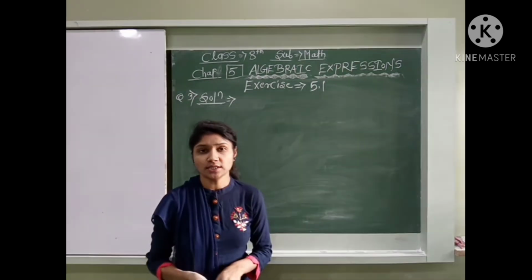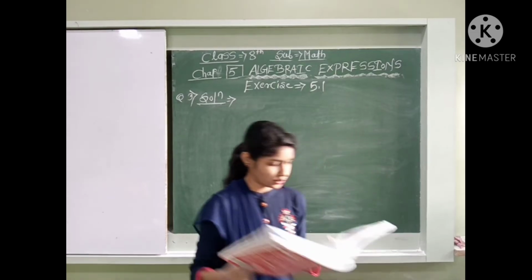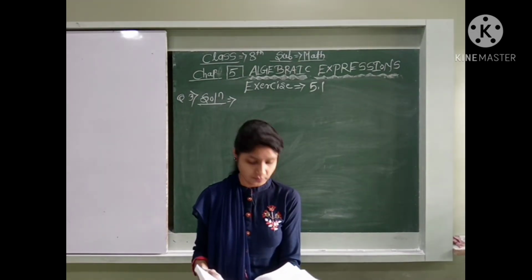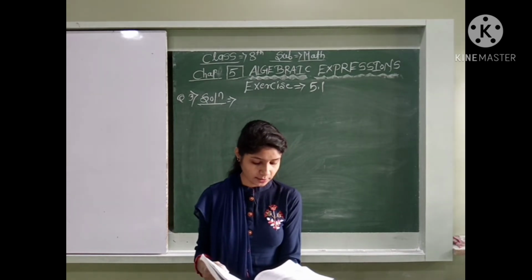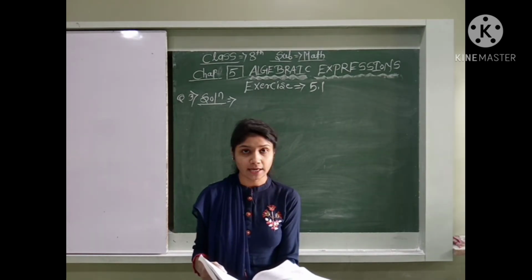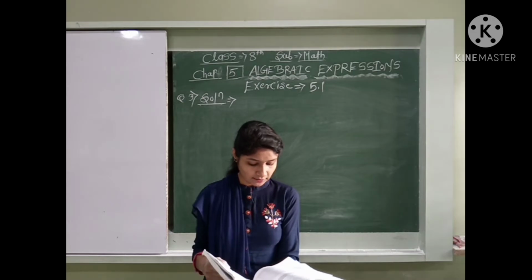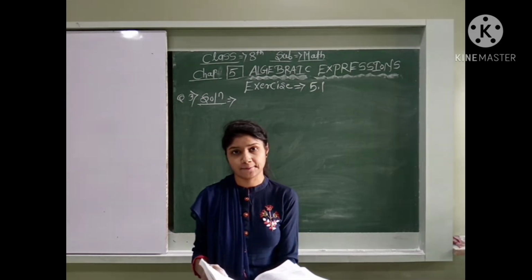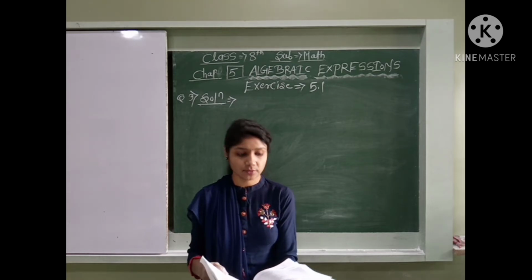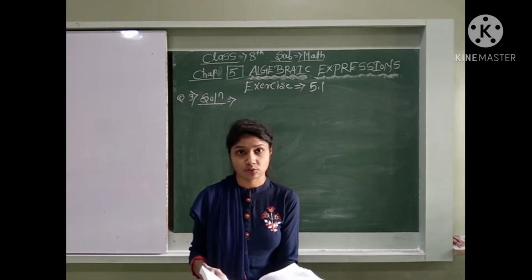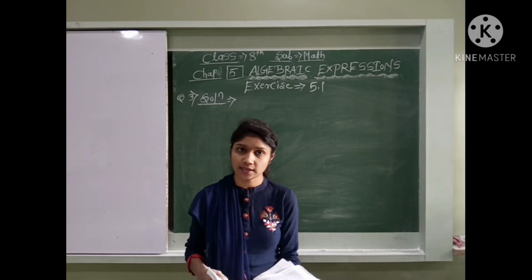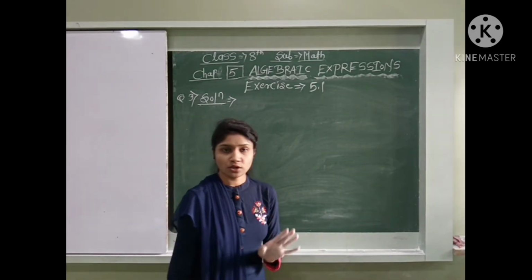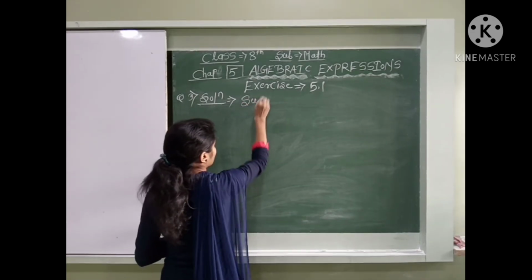Next, question number three, student. I will read this question. What must be subtracted from 9a square minus 17ab minus 3b square a minus 10 to get 7a square plus 18ab minus 9b square a plus 50? It means which expression you have to subtract from the given expression to get the answer. We have to find the subtracted number in this question, and we do not know it.